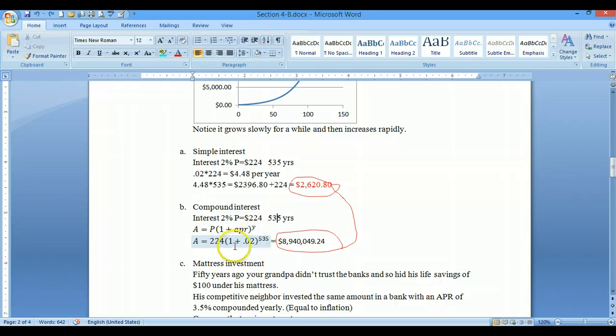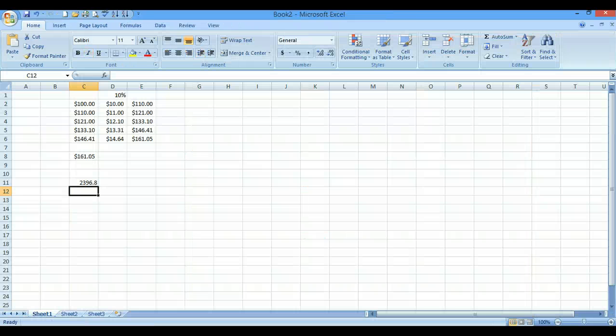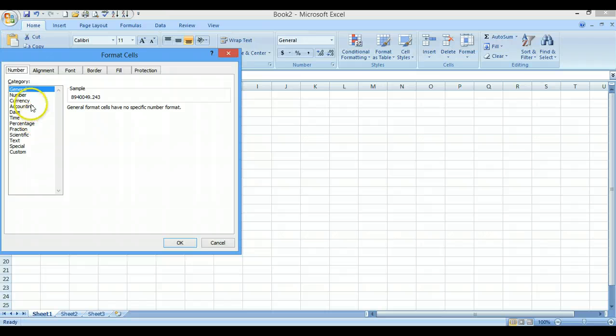Okay, so now that we have all that, we can type or copy and paste that into Microsoft Excel, so you don't have to go through and type it into your calculator again. That's up to you though. And if I want it to work like a calculator, remember, put an equal sign, Control V. Now remember, Microsoft Excel will not recognize this as a multiplication, even though we know that. So we have to type in a multiply, which you can find on your number pad, or Shift 8. Everything else looks good, and you use your caret for raising something to a power. Press Enter. Ooh, let's go ahead and format that as currency,